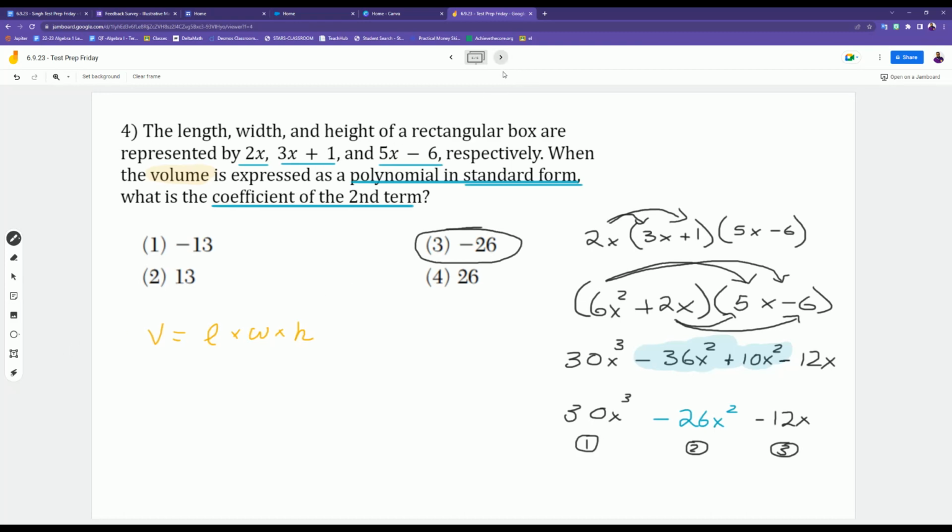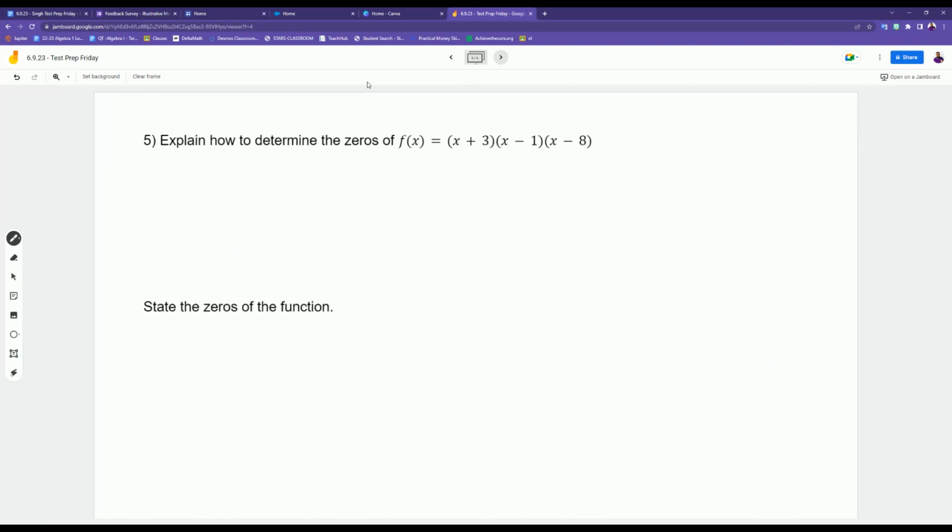Now moving on to the last question. This was a short response question. Explain how to determine the zeros of f of x equals x plus 3 times x minus 1 times x minus 8. Now this one isn't a quadratic because we have 3 x terms. But if we have to find the zeros, we want to use the zero product property. So we're going to set the equation